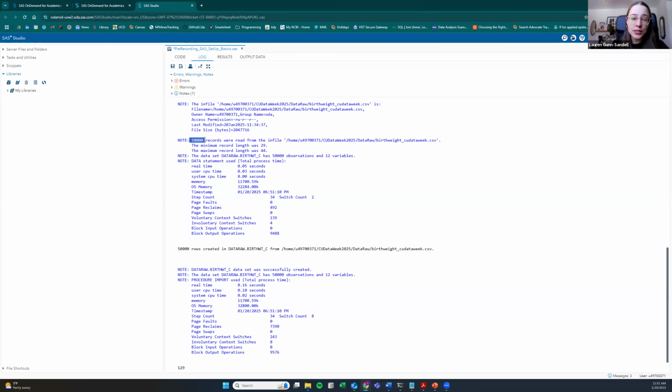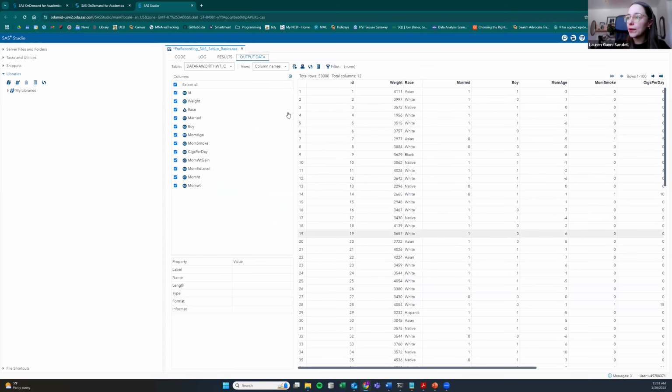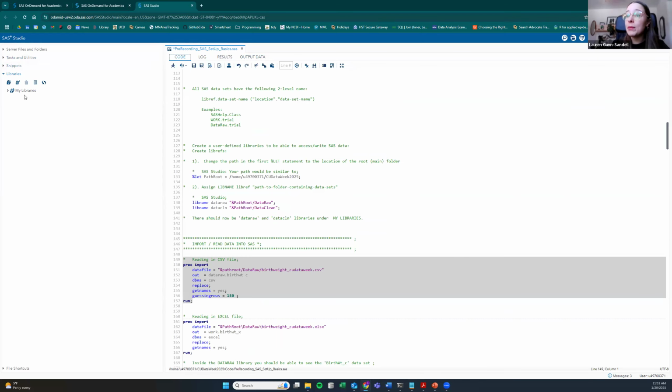There were 50,000 records in this data set, a bunch of other information I'm not going to discuss at this time. But we see this new tab pop up called Output Data. It gives us a preview of what that data set looks like. But importantly, if we go back to our libraries and we click on our data raw library,